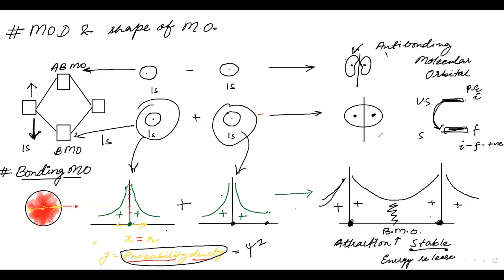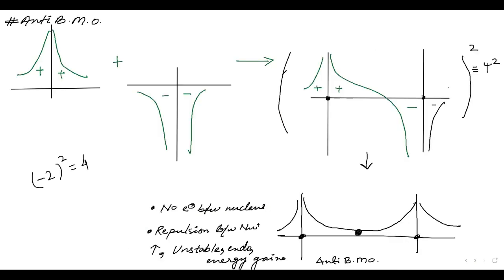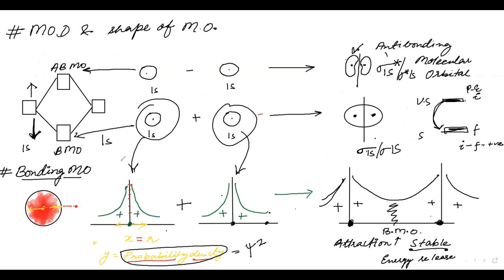Also add one more thing. This is called sigma 1s, because it is a sigma bond formed by 1s orbitals. This is called sigma star. Star represents anti-bonding. And this is a sigma star formed by 1s orbitals, so sigma star 1s. Now, leave a page. You have to do up till here only.